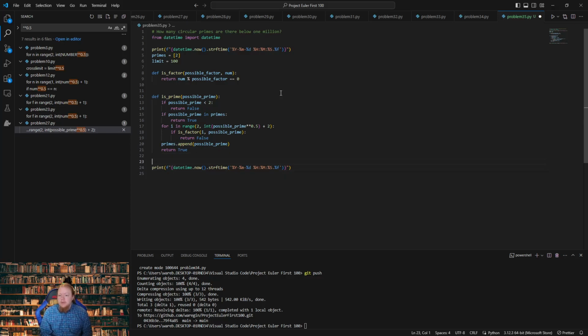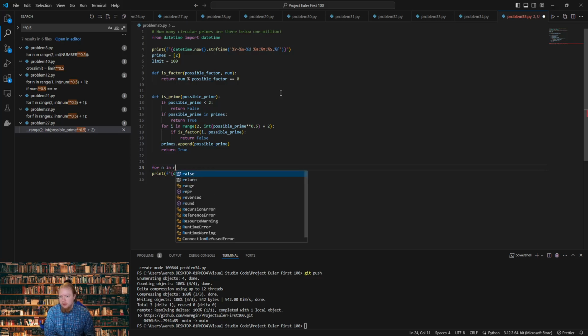And then effectively what we are going to do is for n in range